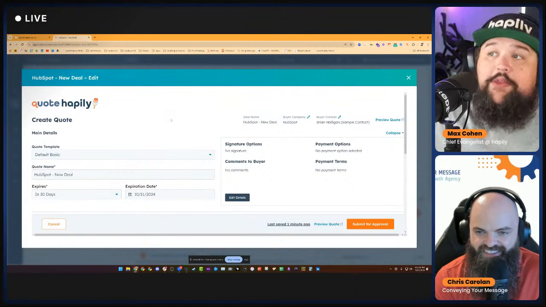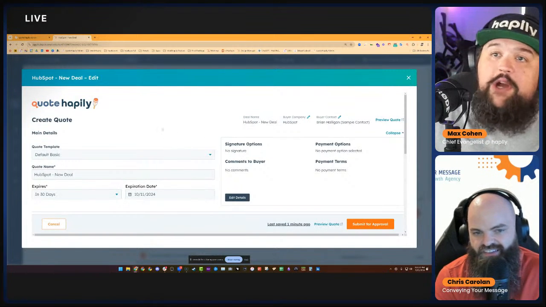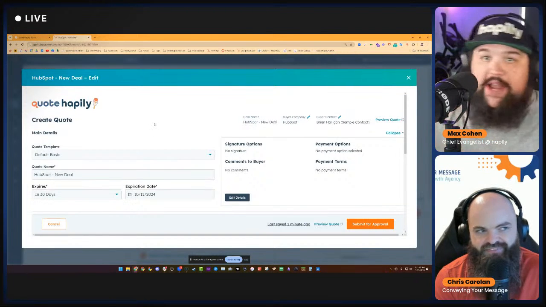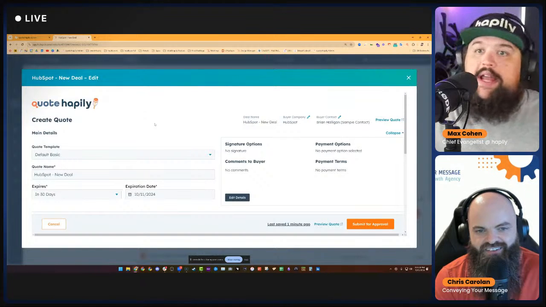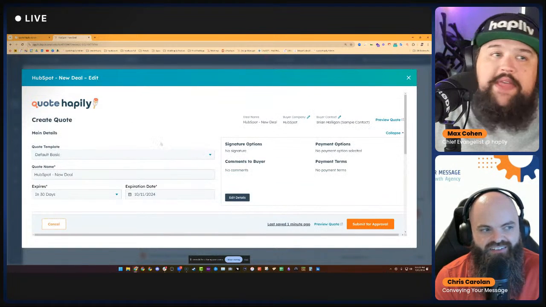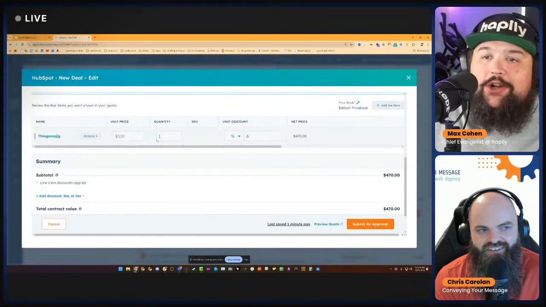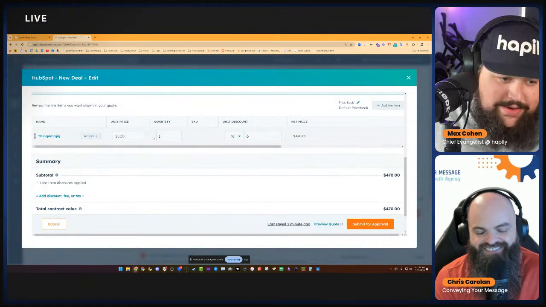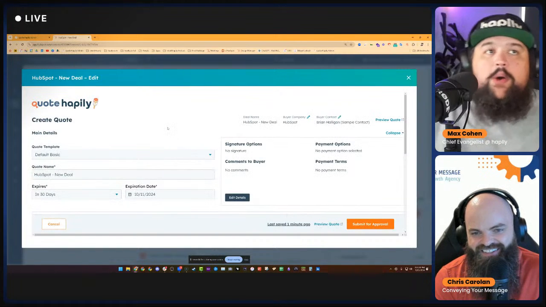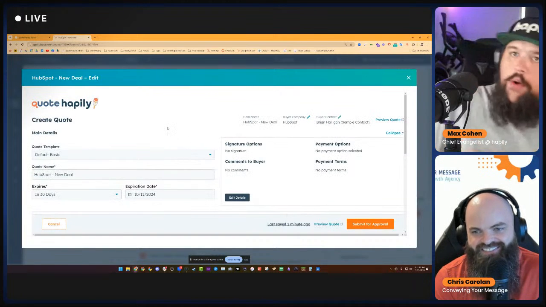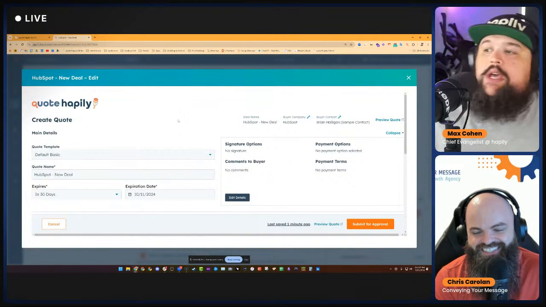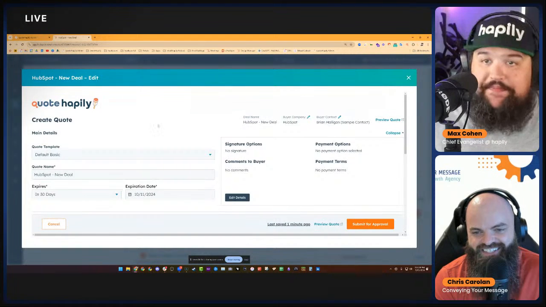The other thing we've done is, instead of going through that normal carousel format where you're going left and right and changing one or two things, we've taken the entire quote building experience and everything you would edit and put it into a single pane of glass. You're editing everything from one single page instead of going back and forth changing this and that. No one wants to do that, so we have this all done in here.